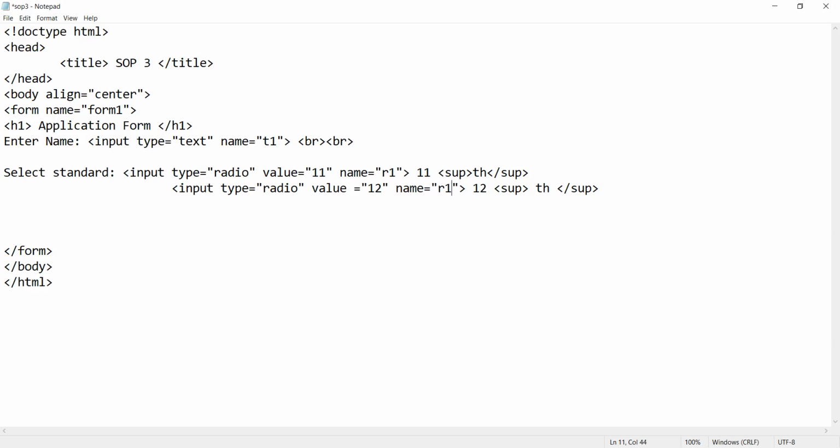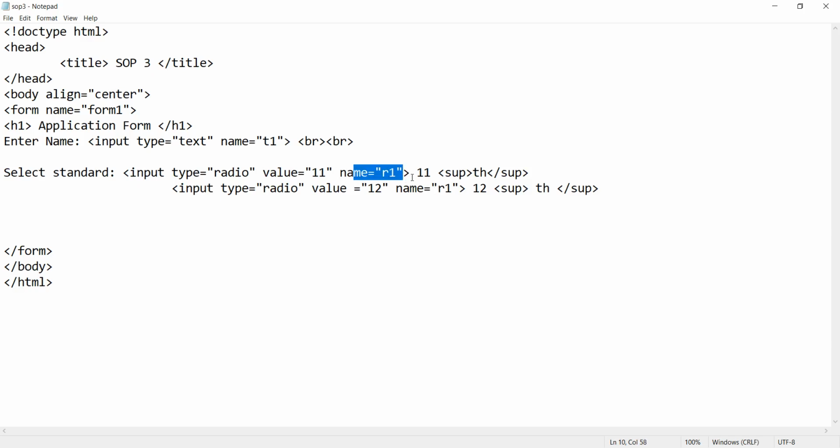So now see, I will give the name property same. First name is equal to R1, even for the second radio button name is equal to R1, means now both the radio buttons have a same name value. So there is a group of these two radio buttons. So within the group of two radio buttons only one value can be selected. Okay, that is the use of a name property.